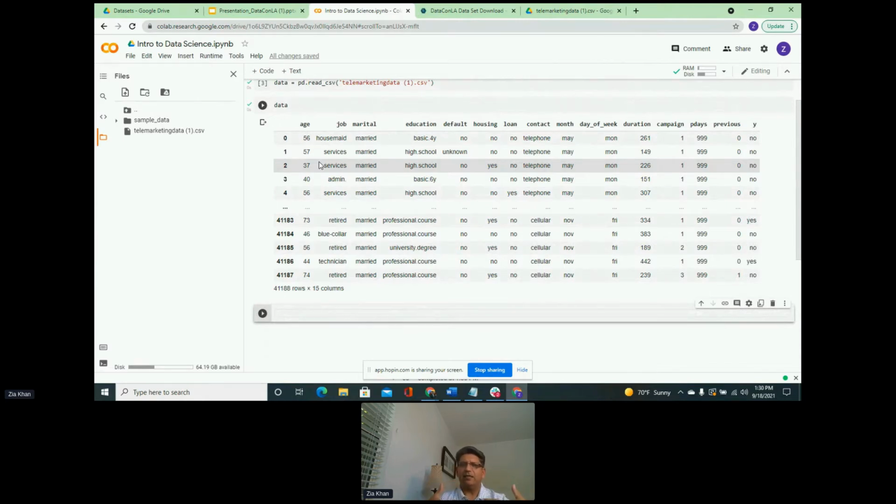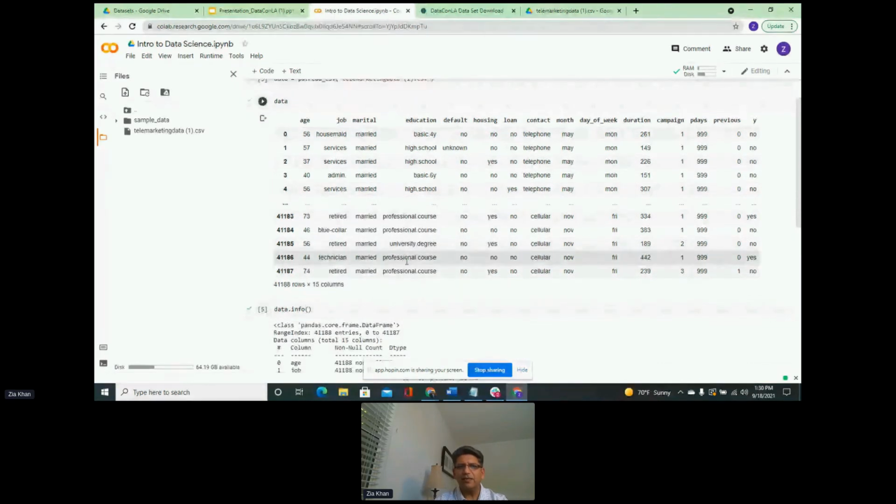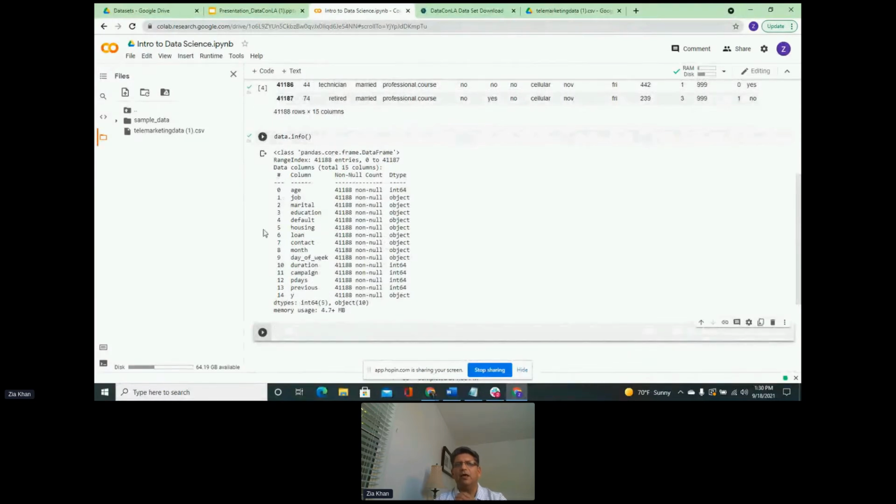Now, once we have the data in our notebook, the first step where we really want to start off is we want a snapshot of our data. We want a high-level overview. We want a picture of what is in the data. So for us to get a snapshot of the data, we are going to go data.info. And info is a built-in function that provides us a snapshot and a little information about what is in the data. It gives us a high-level overview of that.